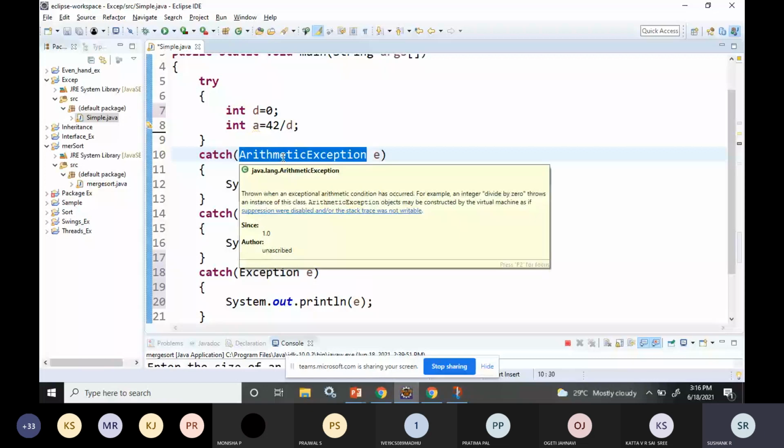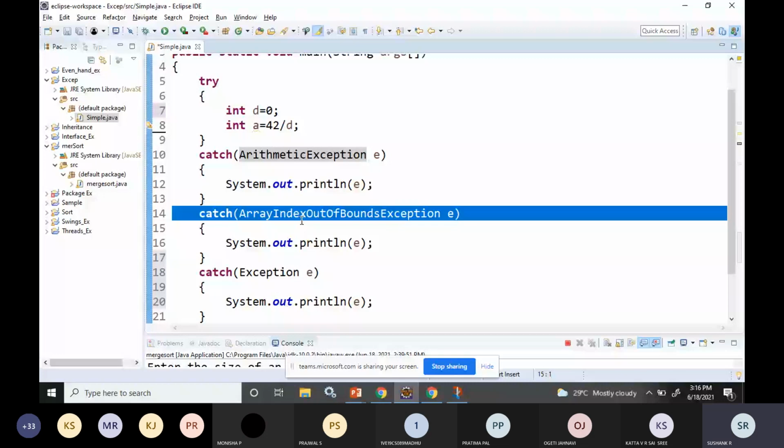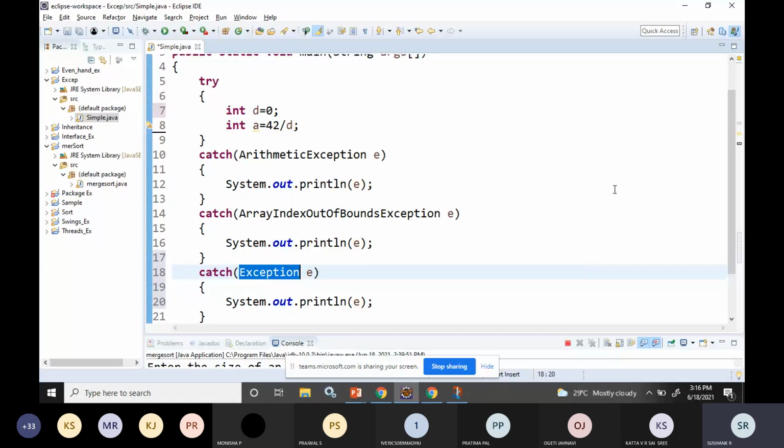If an array index issue happens, it will be taken care of by this catch. This line will take care of that. If you get any other issues, other than arithmetic or array exceptions, they will be taken care of by this Exception class. For example, if you have a problem with a particular subject, you go and approach that subject's teacher, and he will clarify the issues related to that subject. Whereas the class teacher can resolve issues with respect to any of the subjects, because he will have the details of all the subjects. So you should keep this point in mind.